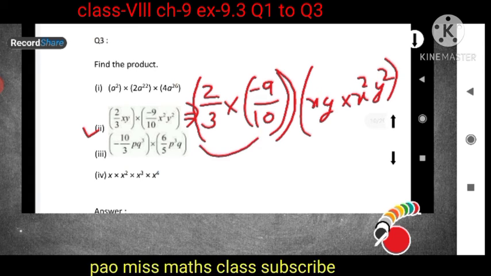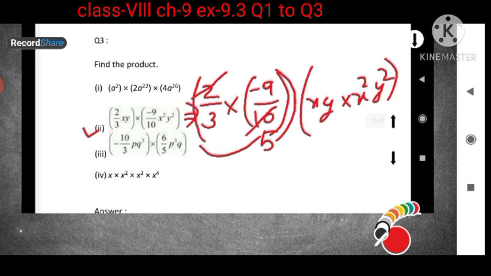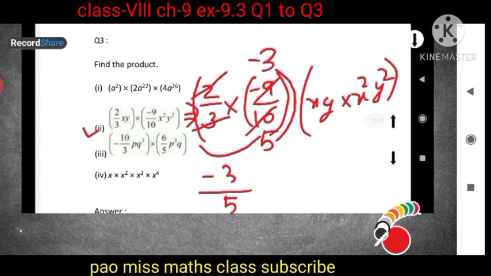Now when you multiply these two, we can cancel, isn't it? So 2 ones are 2, 2 5s are 10. In the same way, 3 ones are 3, 3 3s are 9. But you have to mind this minus. Minus 3 will be here. So 1 into minus 3 will become minus 3, and what is remaining in the denominator? 5 is remaining. So we got minus 3 upon 5. If they are multiplied as fractions, the numerator and denominator can be cancelled in this way. And here, x and x square will become x to the power 3.